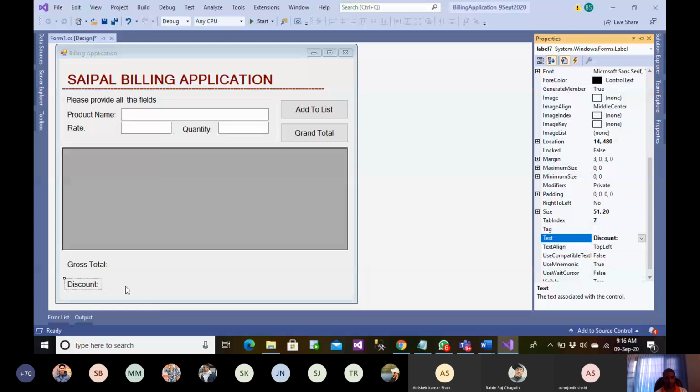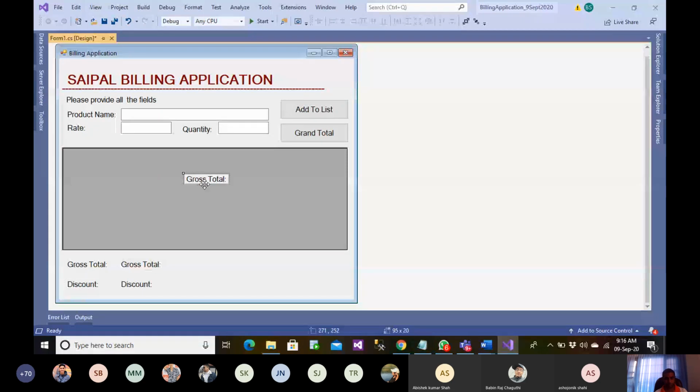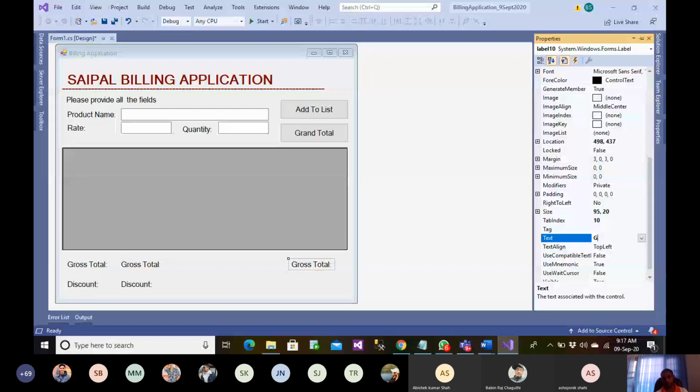And we want to have a total amount somewhere. Let's say this is total amount to be paid, payable amount. Let's get it here.